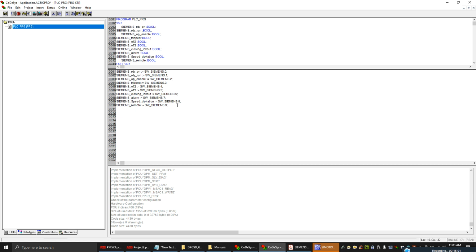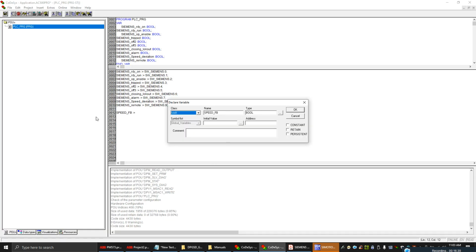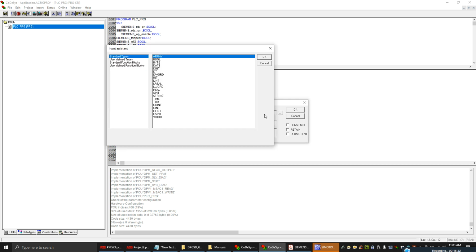Now we need to make logic to get the speed feedback in integer format. So let's make a program. Speed feedback will be an integer variable. We'll use this variable to convert the speed feedback from word to integer, because as you know, the speed feedback is in word format. So let's configure this new variable as an integer,